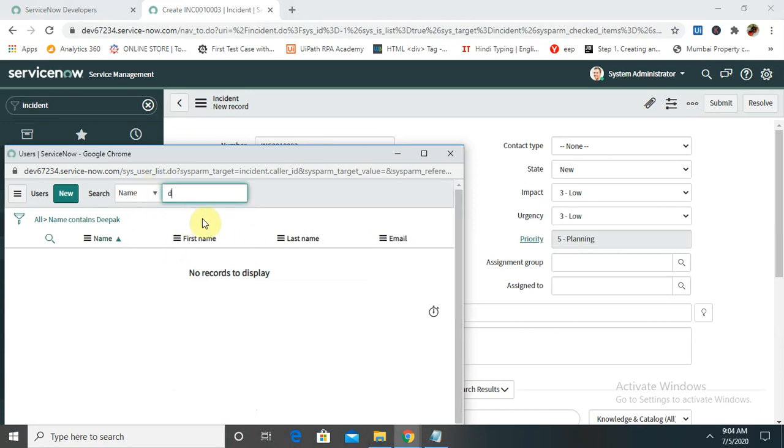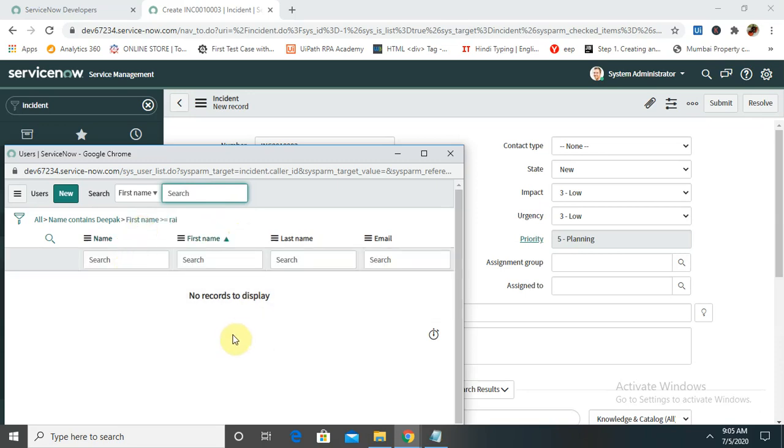or you can set it to anybody who is willing to accept, or the last name.